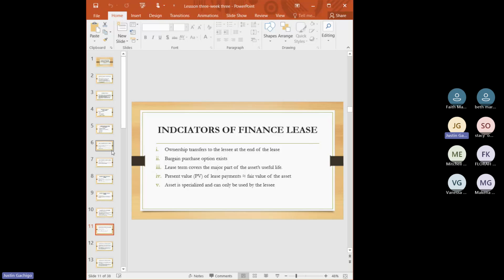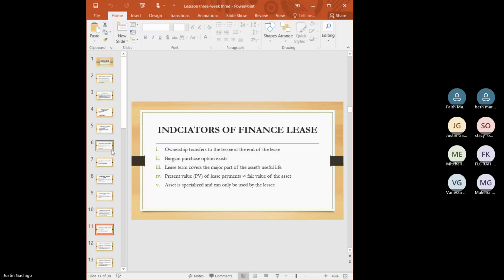So the asset is specialized and can only be used by the lessee. So the asset that we are talking about must be specialized. That is, it must perform a specific task and it must only fit or suit the business of the lessee. For example, construction equipment, IT equipment, and some of the hospital equipment. Like in Kenya, there is this lease of hospital equipment by a company called General Electric to all the 47